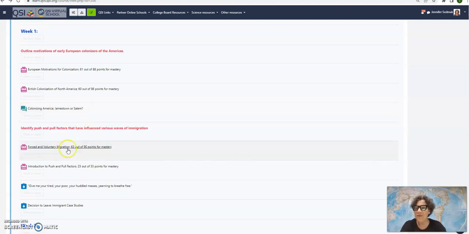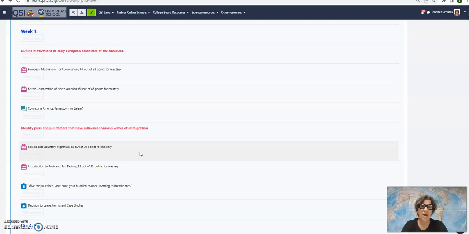We begin with a very important topic, the distinction between migration. There's forced migration and voluntary migration. And a big part of US history is slavery. So we will take a look at the African slave trade and those who were enslaved and forced into migrating to the colonies and to the United States. We'll look at indentured servitude, and you'll draw some conclusions on whether or not that was forced or voluntary.